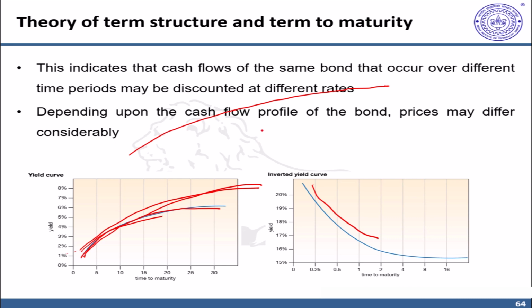Similarly, think of a crisis period where the economy is slowing and the government needs to give a push, an impetus, to the economy. It may decrease the interest rate. This decline in interest rate may give the much needed impetus to the economy, and in that case the market may expect the long-term interest rate to fall also. The government decreases the interest rate, loosens the economy. The term structure may appear like this.